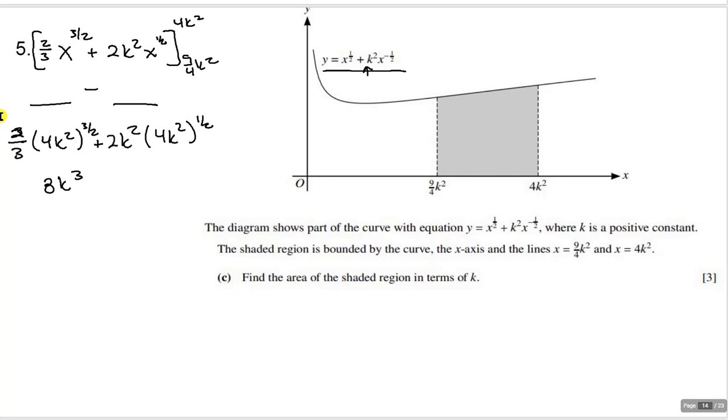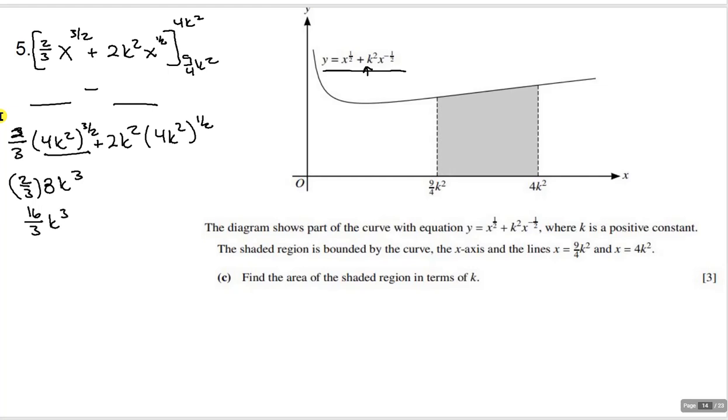And I still have this 2/3 in front. All right, so I did this 4 to the 3/2 power, and I got 8. Then I took k squared, multiplied the exponents, and got k to the 3rd. That still has to get multiplied times 2/3. 8 times 2/3 is going to be 16/3,